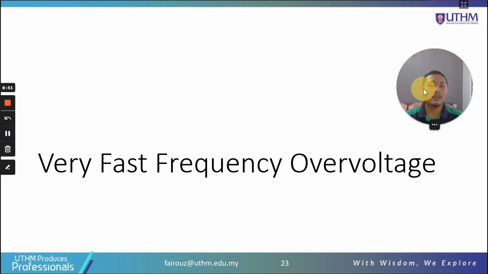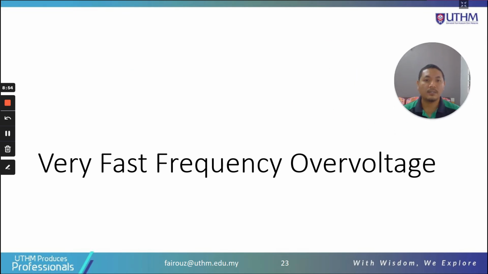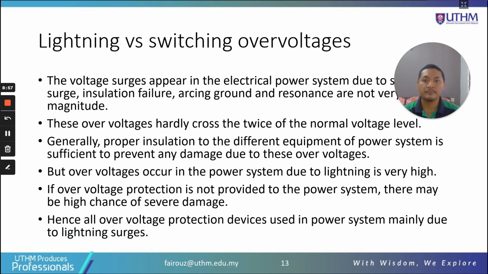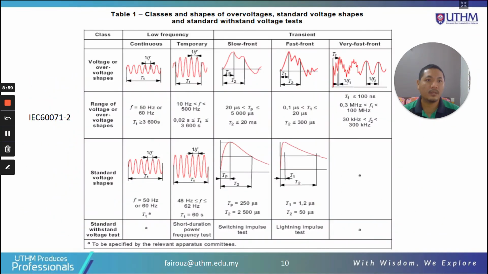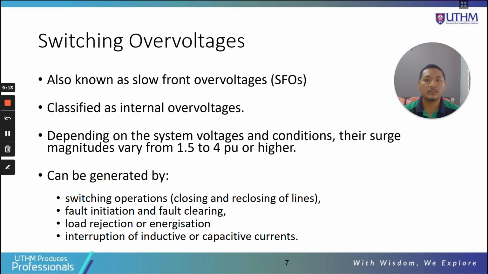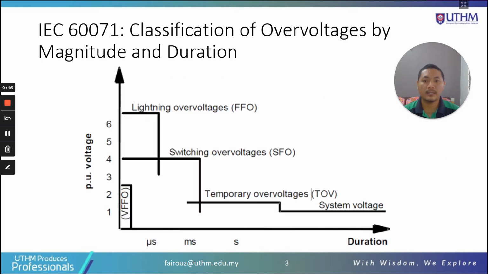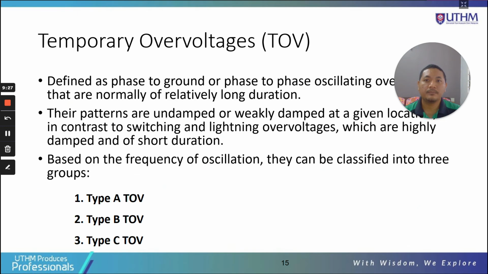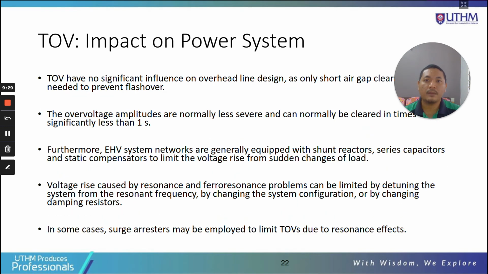And then finally, the last one, very fast front overvoltages. Very fast front overvoltages appear in less than 100 nanoseconds. Okay, less than 0.1 microsecond. So if you can see, under this category, VFFO, very fast front overvoltages, PU up to 2.5. Alright, so VFFO,